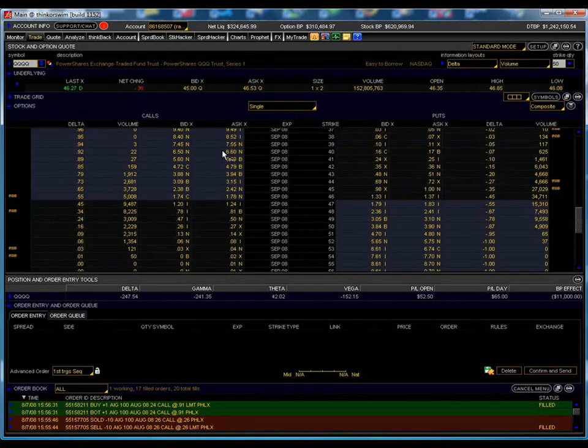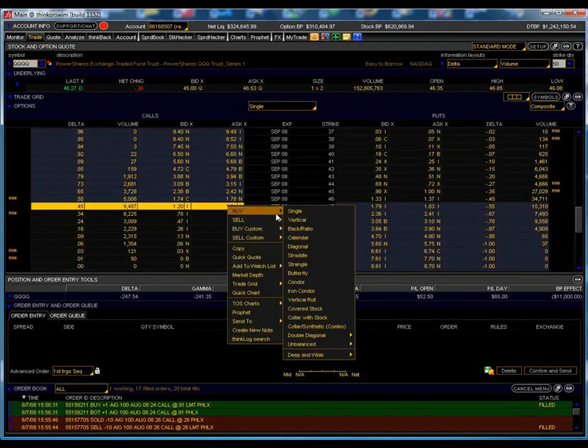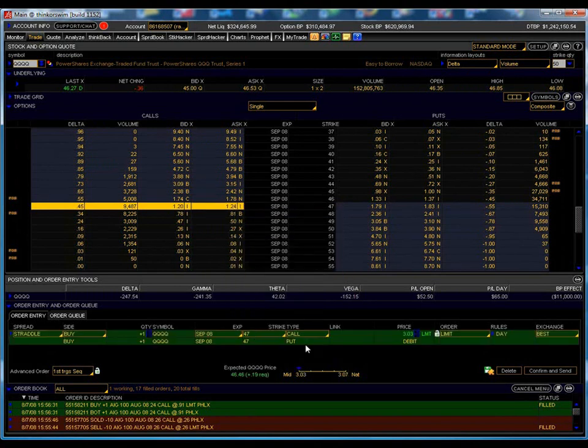If you want to stay in your position, the only way to stay in your position is to do theta scalping. Now, just like gamma scalping, we purchased a straddle. And then in order to adjust that straddle, we bought and sold the stock in order to remain delta neutral. The closer we get to expiration, the larger the gamma. For example, if we were to do this on the Qs here, and we wanted to buy the current straddle,